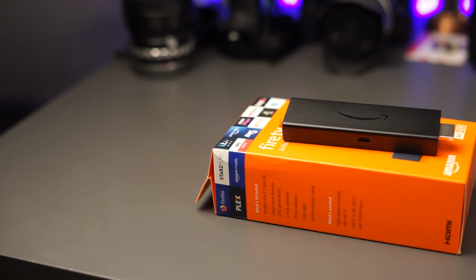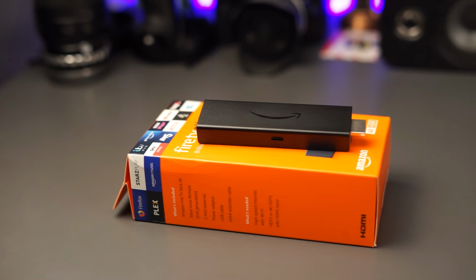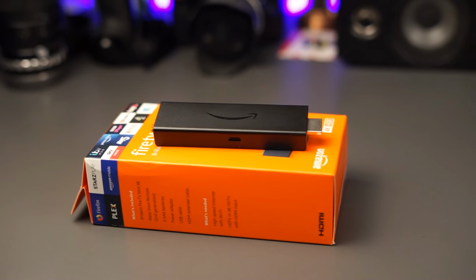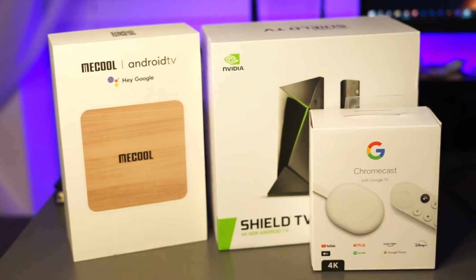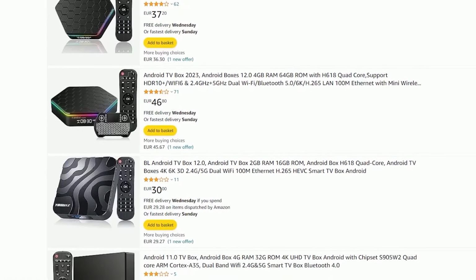Alright, so TV boxes, Android boxes, media devices, whatever you want to call them, they come in all sorts of shapes and sizes, and they all offer different benefits and drawbacks. But most importantly, they all come in at different prices. Some could be bought using the change you found on the side of the road, but you see the drawback